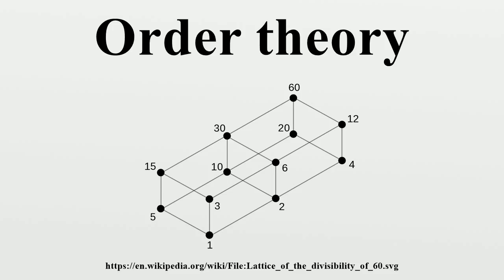Constructing new orders. There are many ways to construct orders out of given orders. The dual order is one example. Another important construction is the Cartesian product of two partially ordered sets, taken together with the product order on pairs of elements. The ordering is defined by (a, x) ≤ (b, y) if a ≤ b and x ≤ y. The disjoint union of two posets is another typical example of order construction, where the order is just the union